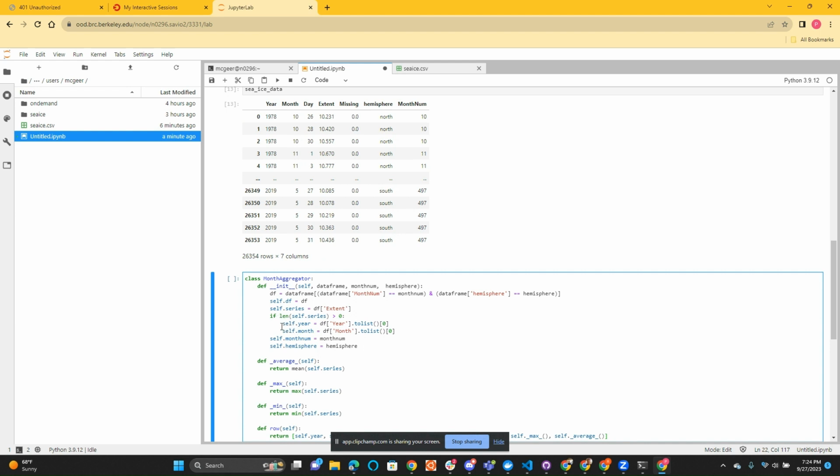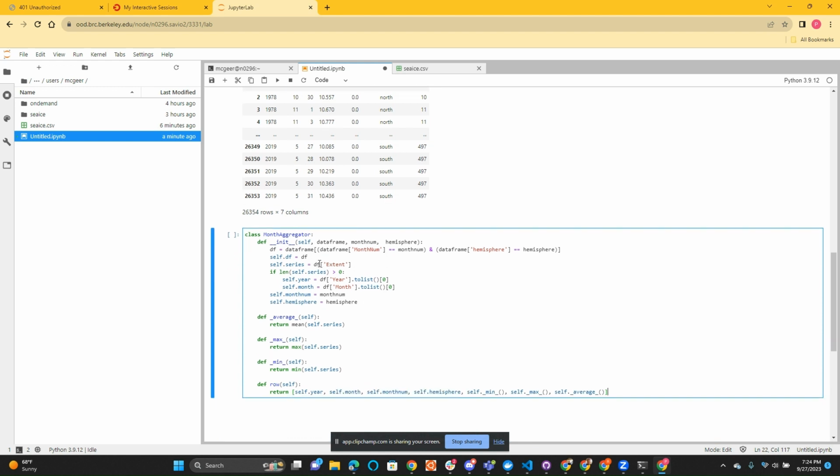And then what we're going to do is also pull out the year and month. They're all the same, so we just pull it from the first entry. Take the month num from what's passed in, and the hemisphere from what's passed in here. So now we've got the extent for a given month, given year, and it's going to sit in this month